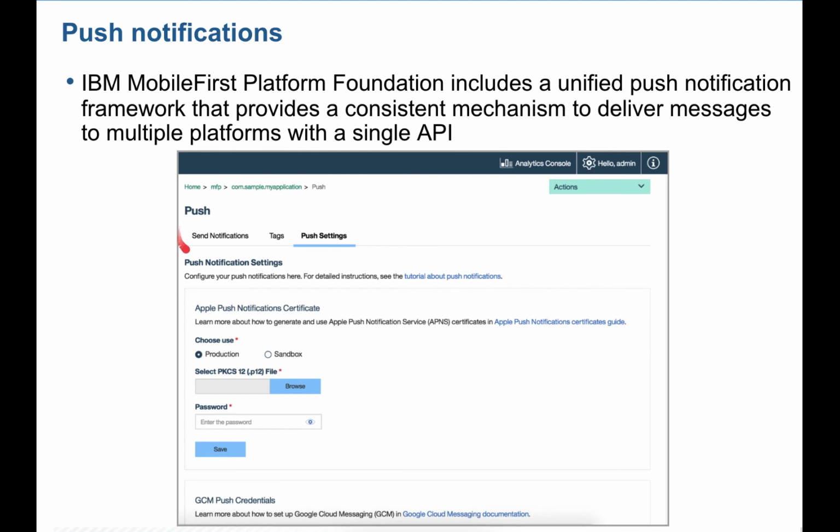Once you do that, then you can send notification. Here you can see that the notification tab is there. You can click on send notification and you can send notification based on different criteria. You can send to all devices. That is called broadcast, right? You are broadcasting the message. So regardless of the device and the platform, it will be received by all the applications, all the devices, whoever installed and registered for notification.